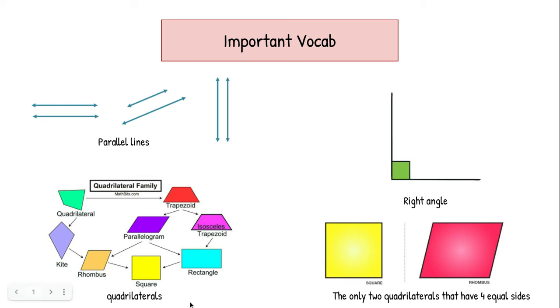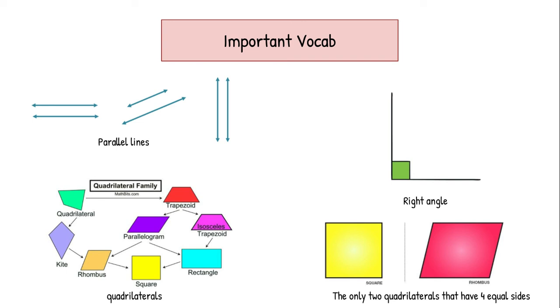Now the word quadrilateral is the main part of the lesson. A quadrilateral, as you have heard already, is just a shape that has four sides. Those are the only rules. So there are lots of different types of quadrilaterals, like a trapezoid, a parallelogram, a rectangle, a square, a rhombus,